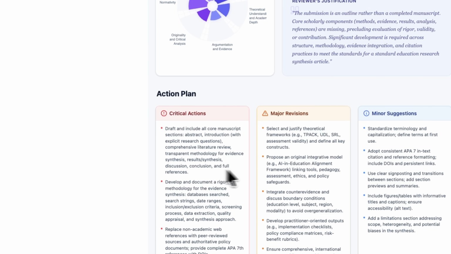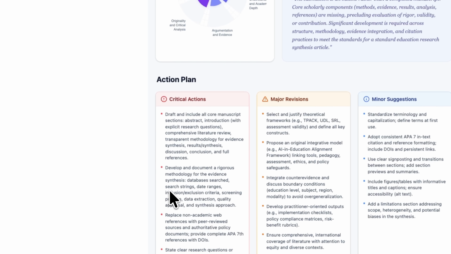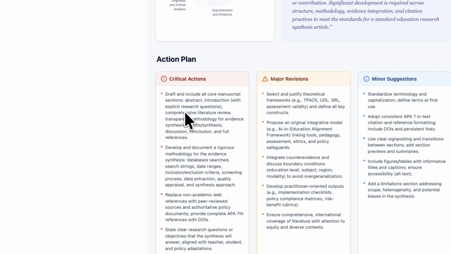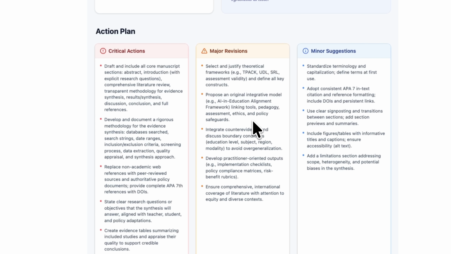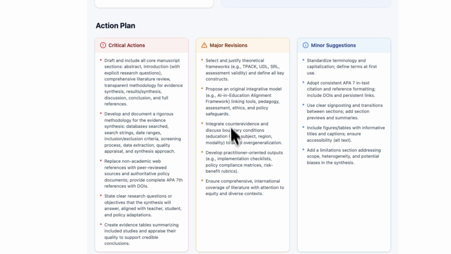The AI then lays out a full action plan to strengthen the paper. This makes it easy to rewrite my essay step by step, improving key sections and replacing non-academic sources with peer-reviewed ones. First on the list is developing the core sections, like the abstract, introduction, and methodology, and replacing non-academic links with peer-reviewed sources. It also calls for clearer research questions and a more original integrative model. To round things out, the tool encourages expanding the literature to include international materials,